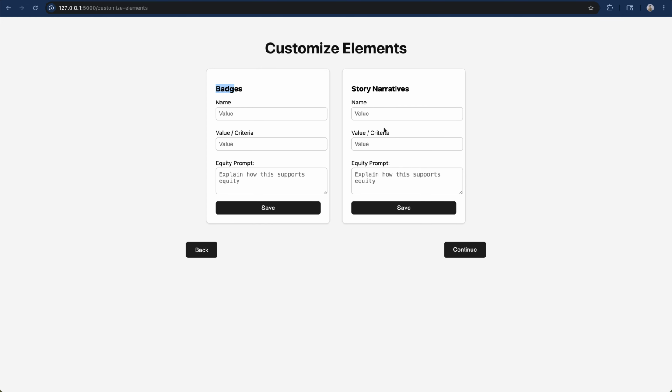So whenever the user gets this page, they'll add the name of the badges, the value and criteria of the badges, and the equity prompt, just basically explaining how the specific badge supports equity. And once these elements are filled out, the user would then click continue,